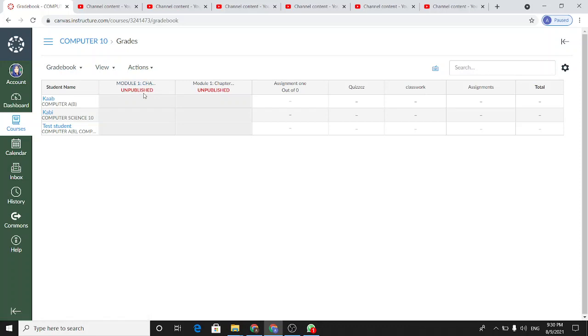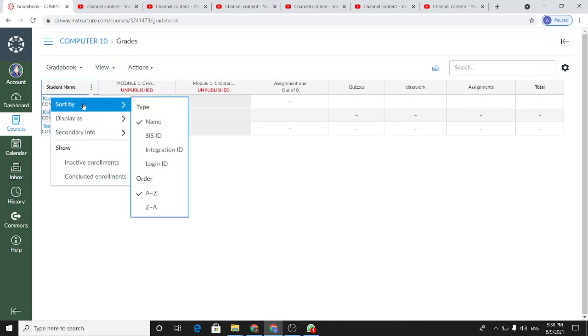When I take my cursor to any of the boxes, I can see three dots on some areas. Like here, there are no dots, but here you can see three dots. By clicking on these dots, you can do different things, like sort by name, integration, login ID.